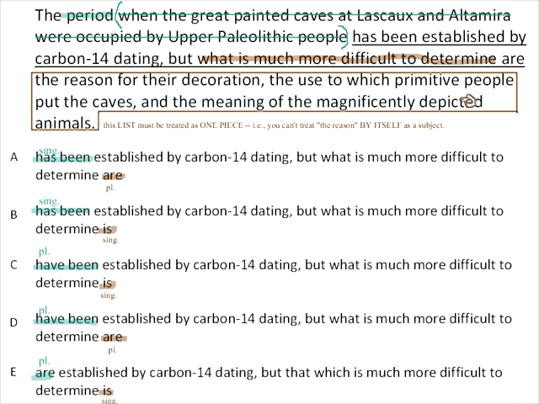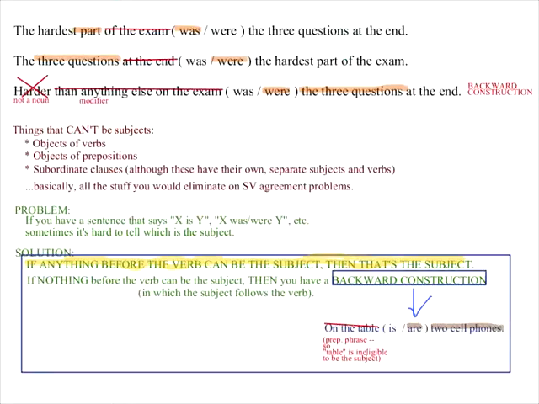Questions. All right, now there's one more thing I want to bring up, which is that this list must be treated as a single piece. Okay, this is also an extremely important criterion here. So let me give you an example. If you have a list, if you have an X and Y construction, if you have a compound subject, which is X and Y, or a list, like such as X, Y, and Z,